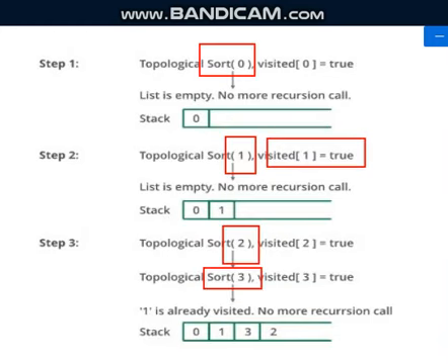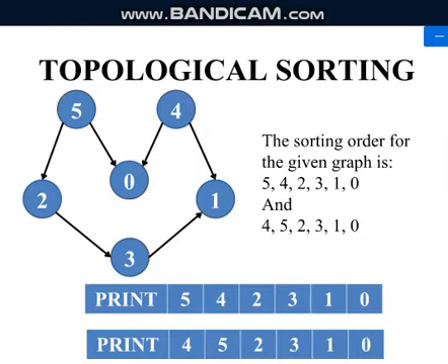Let us see manually when we did whether we got that same order. So 5, 4, 2, 3, 1, 0. Same order we got, isn't it? See, 5, 4, 2, 3, 1, 0. So again manually when we saw, we got one more order. Yes, here the same order we have got.